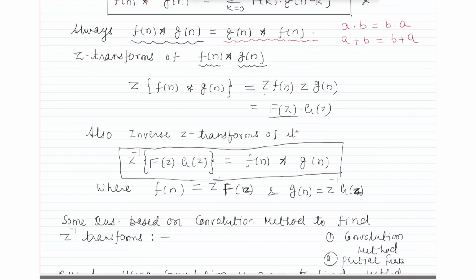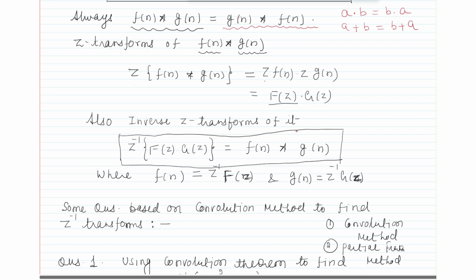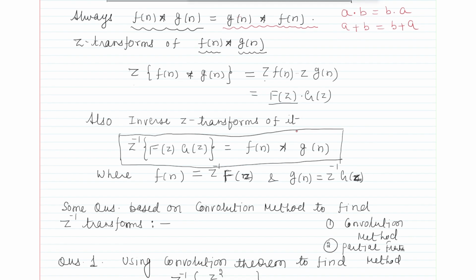For this, first of all, just try to understand how to use convolution in the z transform. To write the z transform of the convolution, meaning f(n) star g(n), remember this formula: if we are taking the z transform of the two functions which we are convoluting, we write the z transform of the first function and then the z transform of the next function. You just write Z of f(n) and Z of g(n), and then take the product. We can write Z{f(n)} as F(z) and Z{g(n)} as G(z). So this is the z transform.